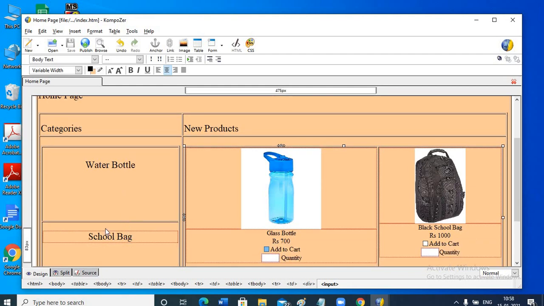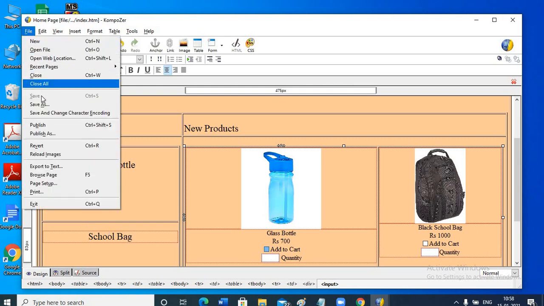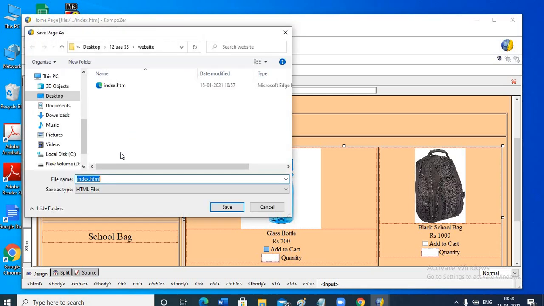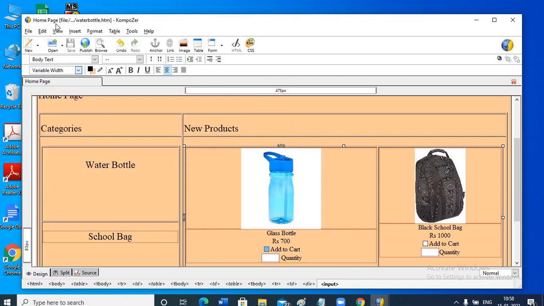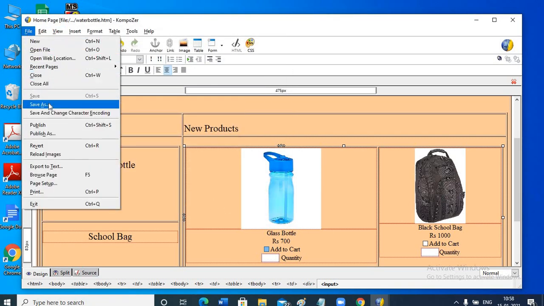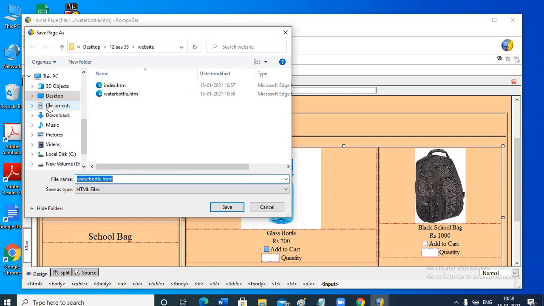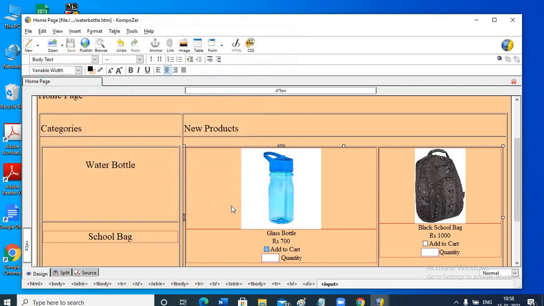Now this index page which we have made, we will save as waterbottle.htm at the same place in the website folder, and again we'll do save as schoolbag.htm. So we have saved it thrice.